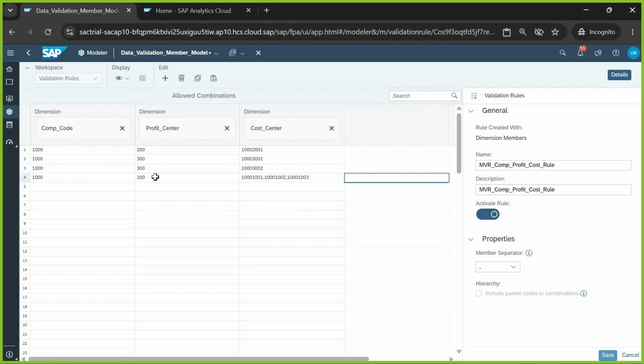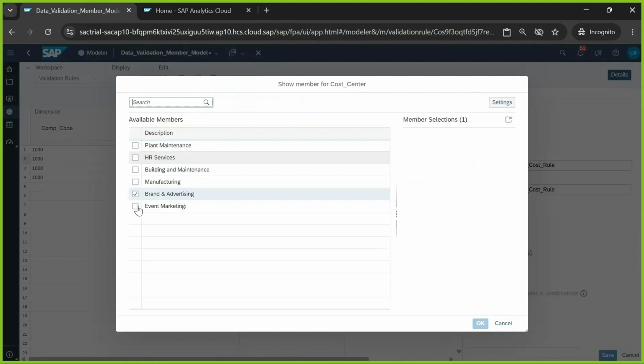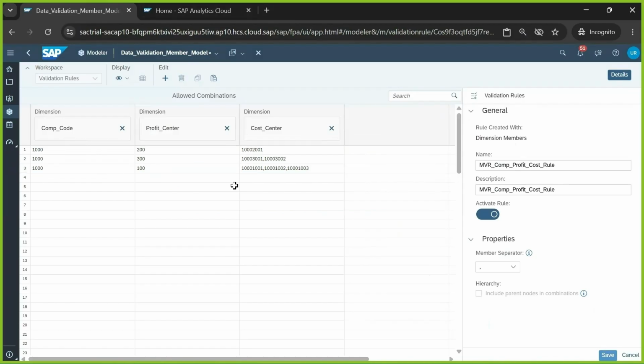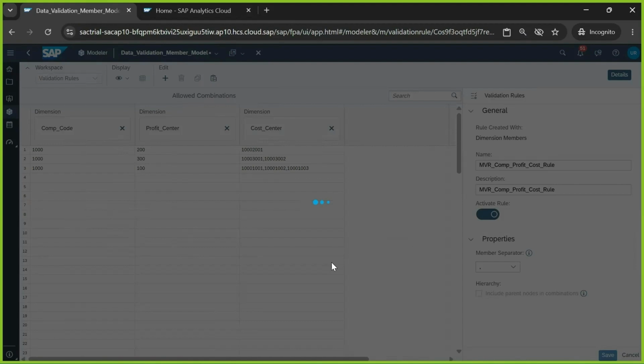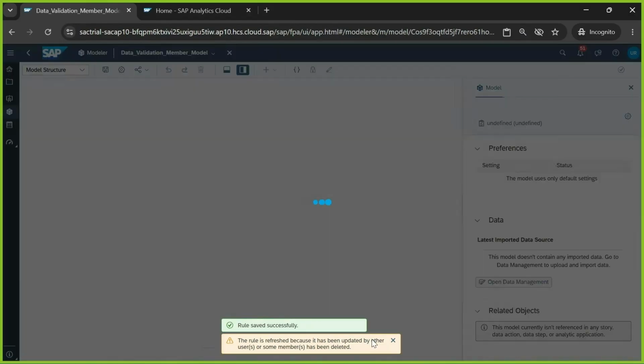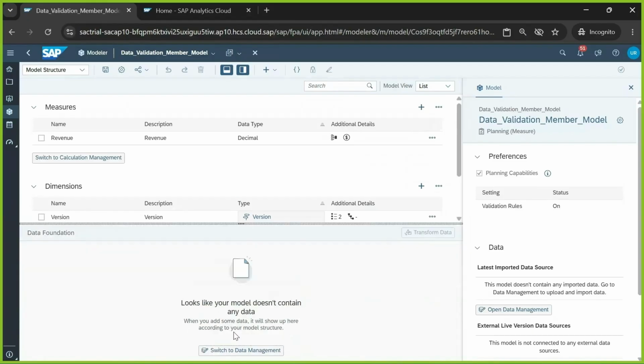Fine. I can specify event marketing here as well, instead of two rows, and I'll delete this particular row. So instead of 6 rows, I'll be maintaining only 3 rows here. All right, now click on save. Done. Now let's go back to your model structure. If any data is available, I'll delete it. Currently, there is no data. Fine. Now let's create one